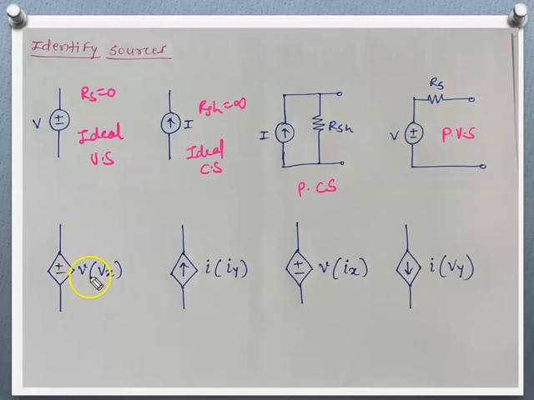Here these are the dependent sources, where this is the voltage source V, and this arrow indicates current. This is plus minus voltage, this is current also, and this depends upon Vx, that means voltage dependent. So it will be a voltage dependent voltage source. The value of I depends upon Iy, that means it is a current dependent current source. This is a current dependent voltage source, and this is a voltage dependent current source. In this way we can identify different types of sources connected in the given network or circuit.